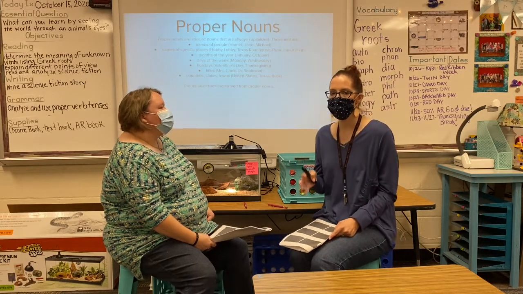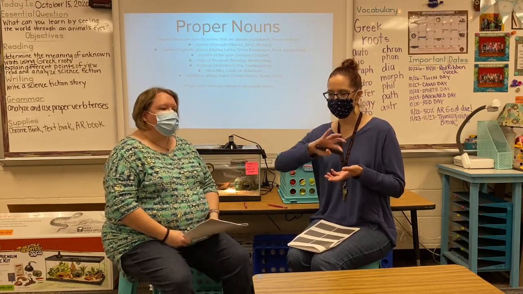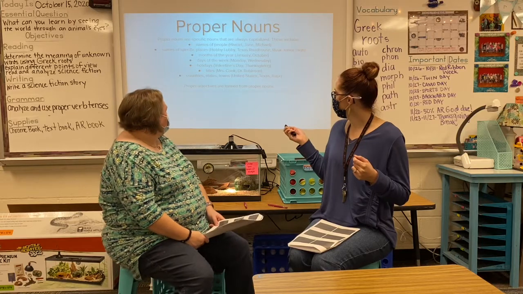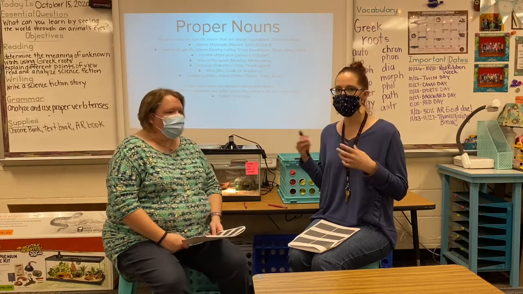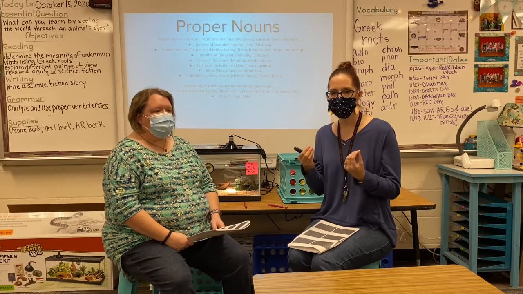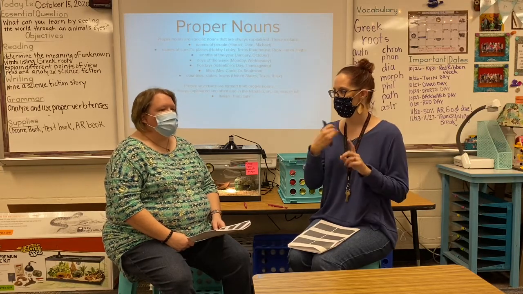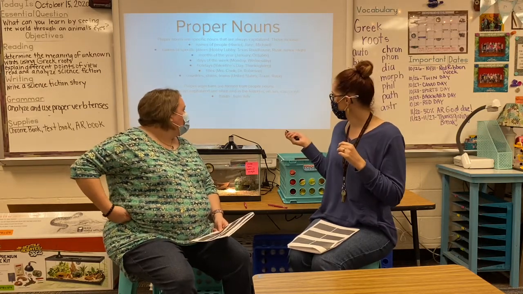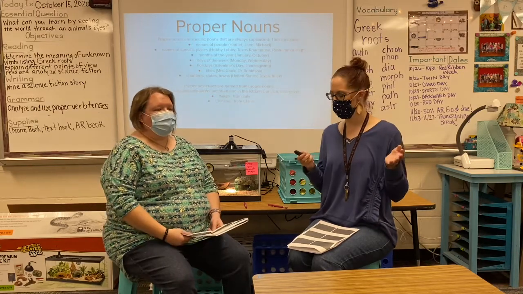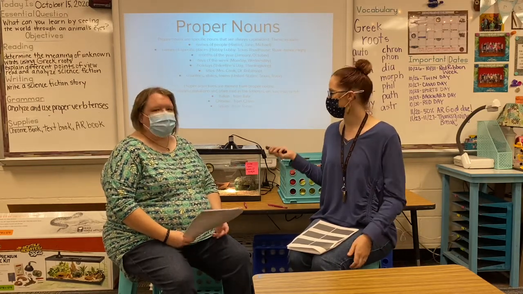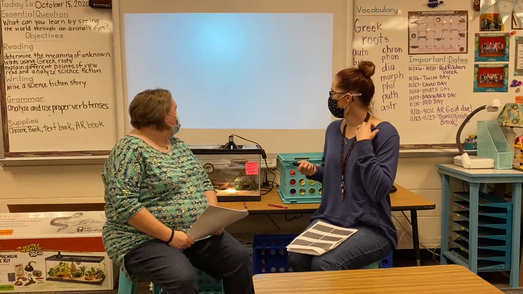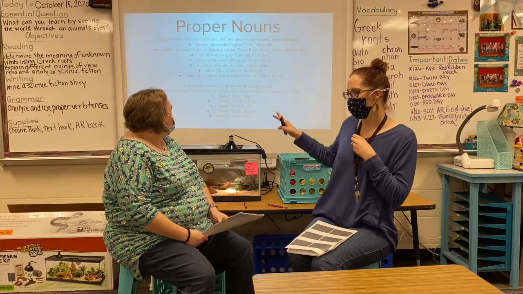Related to that are proper adjectives. So proper adjectives take a proper noun and turn it into an adjective. So for instance, Italian means from Italy. So Italy is a country. Anything from Italy is Italian. It could be the food, the people, the language, but it's also capitalized because it's from Italy. Chinese means from China. Texan, from Texas. English, from England. African, from Africa. Okay, so these proper adjectives, just like proper nouns, also have to be capitalized.